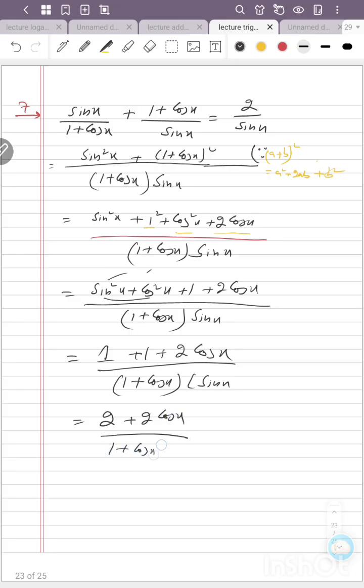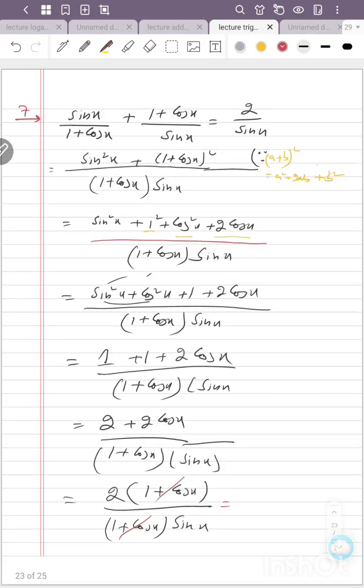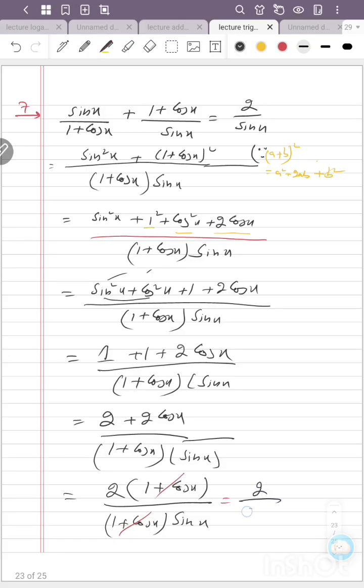1 plus cos x times sine x. We get the answer: here 2 will be common. 2 times 1 plus cos x divided by 1 plus cos x into sine x. This 1 plus cos x and this 1 plus cos x are cancelled, so we get 2 over sine x. We got the answer. This is what was required. So dear friend, we have to